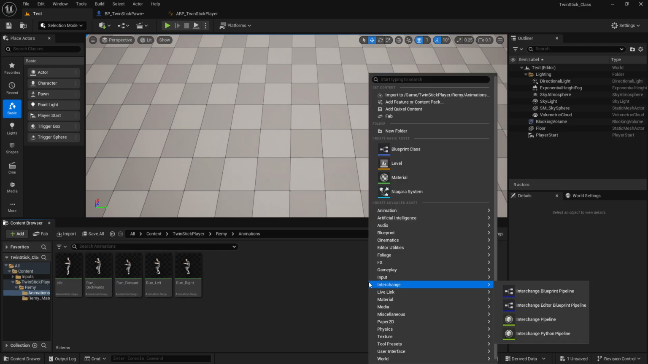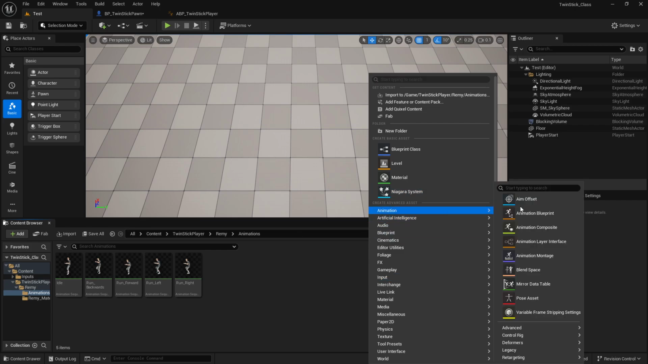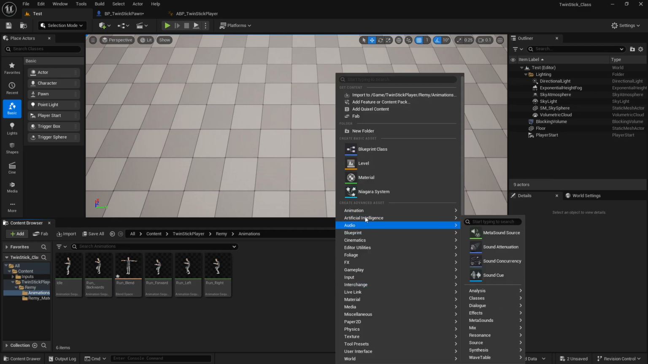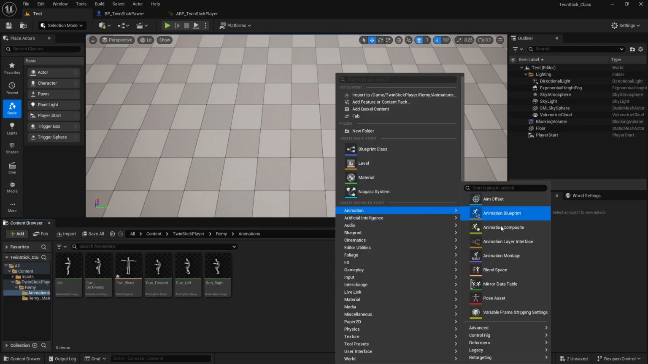Great. Okay. So then in this folder, I am going to right click, animation, and we want to make a BlendSpace. And I'm just going to call it run blend. I'm not too sure what the naming conventions for blend spaces are, but just name it something reasonable. Before we even hop into the blend space, let me just hover over it and